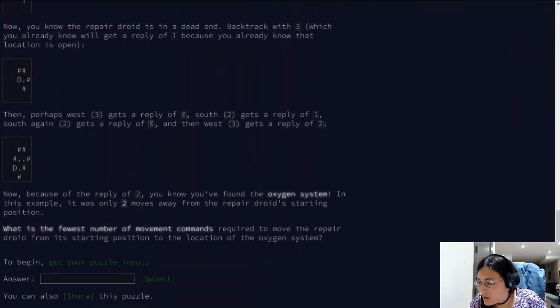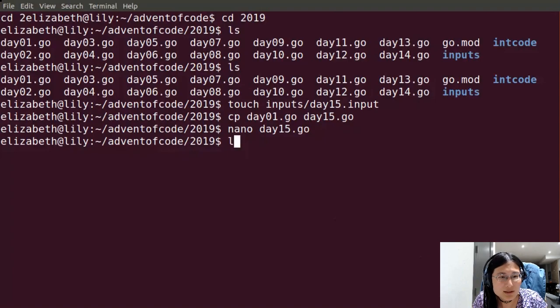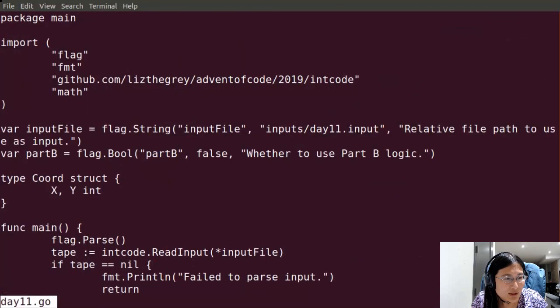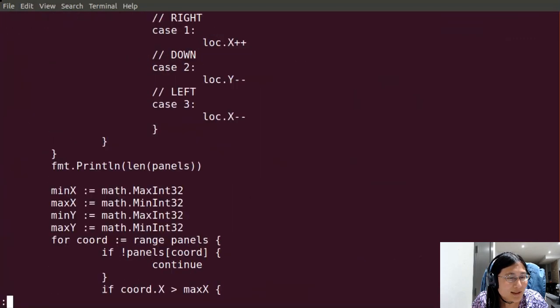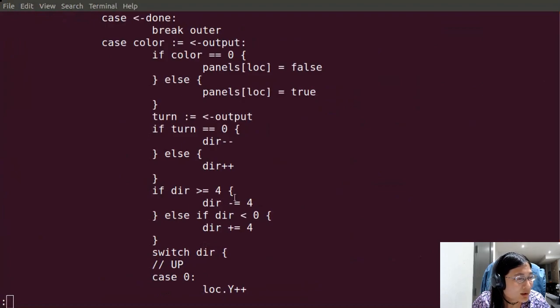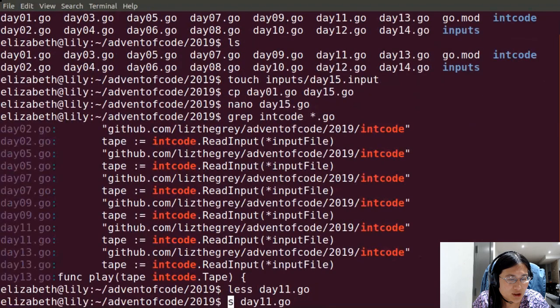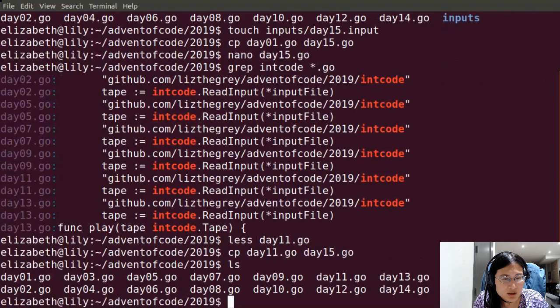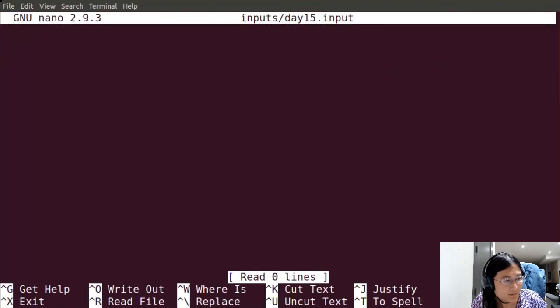So I think the correct thing to do here is, let's see, I think day 11 is the correct starting place, because day 11 has this logic to turn, to move in directions, and I think that's kind of useful. Okay. Let's also paste my input here.